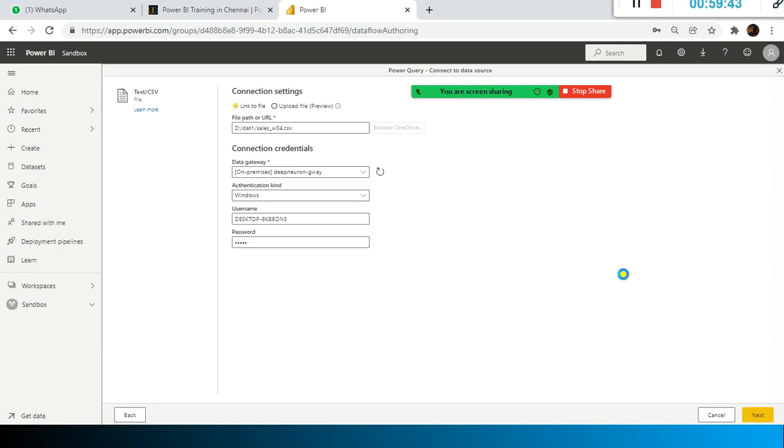It will take some time. It is going to validate everything, and it will try to push the file from here to there, because we just specified the file name here. We have not uploaded the file.